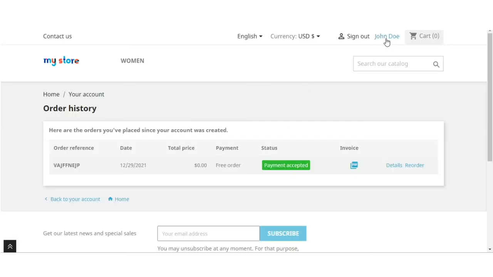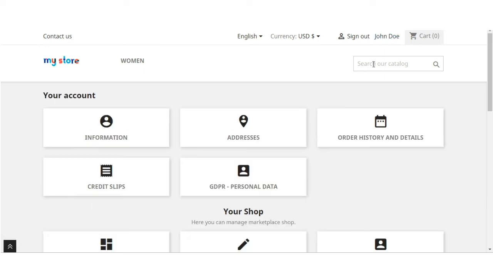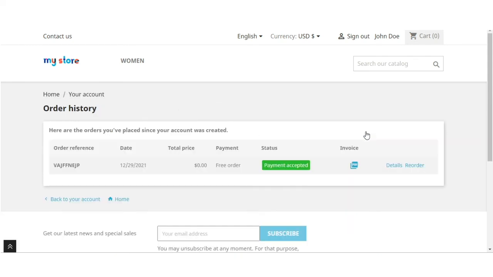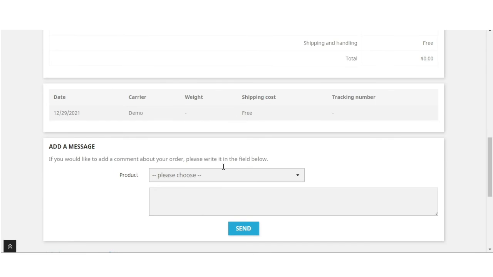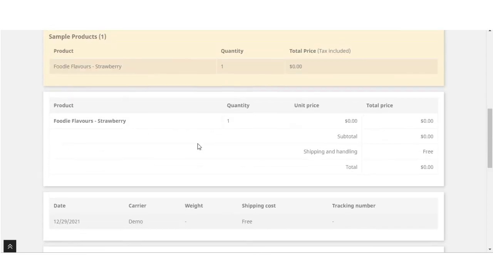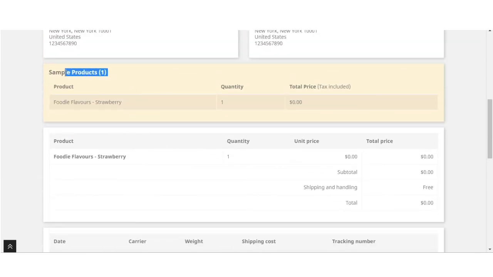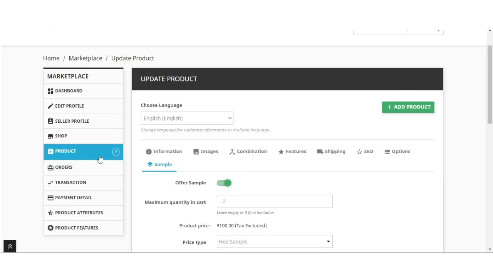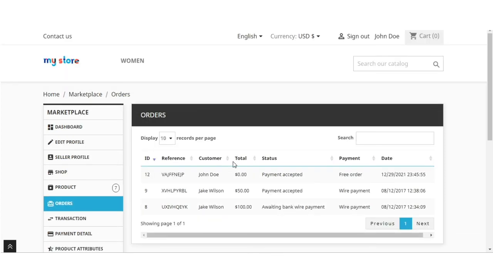After placing an order for the sample, a customer can view the sample product details on the order details page. And both seller and admin can view sample detail under orders.